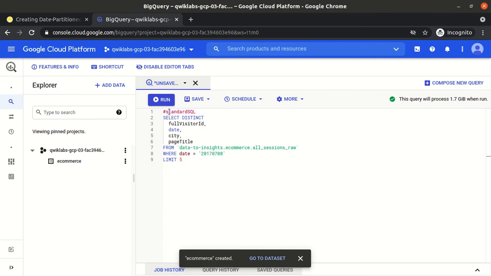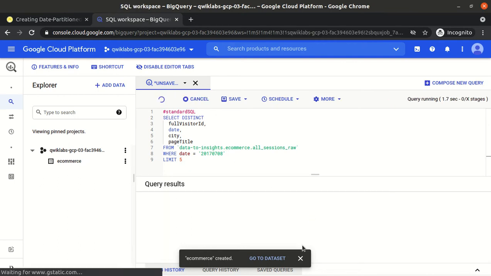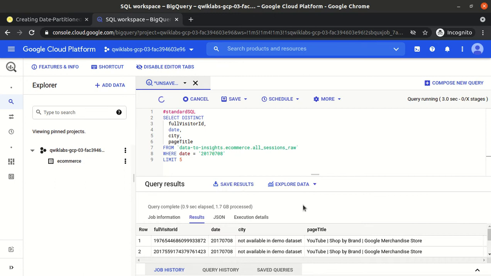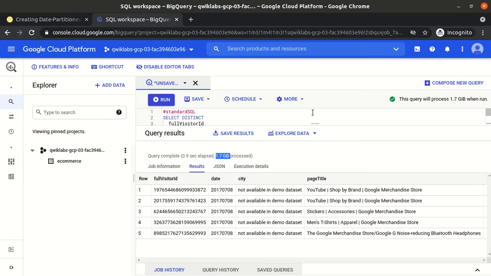I did not execute this query yet, but there is one good feature of BigQuery: it can tell that this query will process around 1.7 GB of data when it runs. So let me run it. It processed 1.77 GB of data.